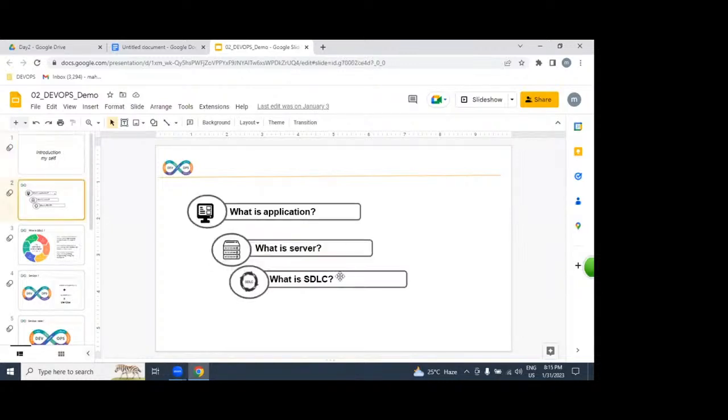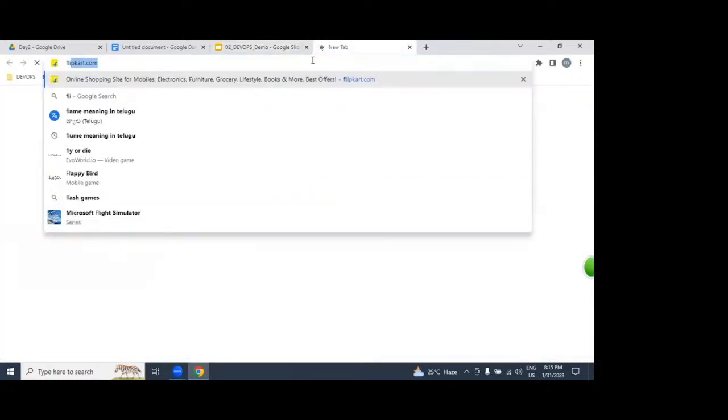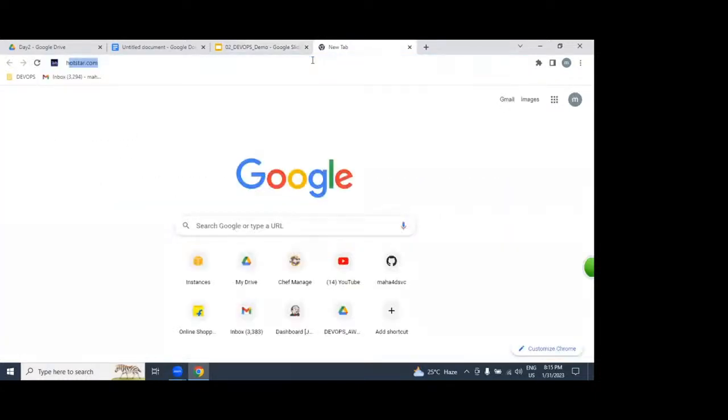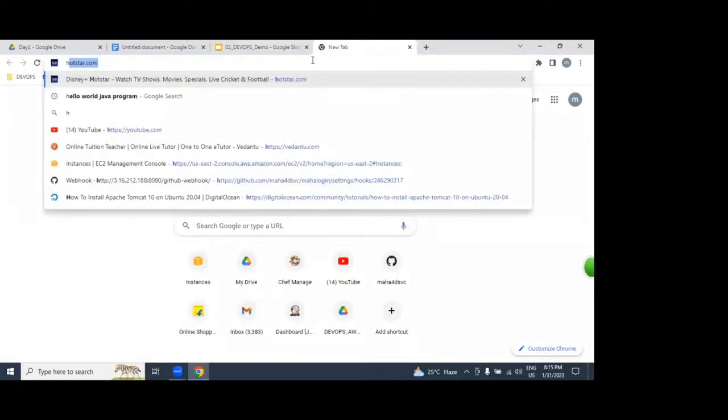So before starting, I'm going to ask you 3 questions. What is the first question? What is an application? The second question is what is a server? The third question is SDLC. What is an application? Anybody help me? Application is equal to website, like Flipkart or Amazon, Redbus, Hotstar, Book My Show, Prime Video, Netflix.